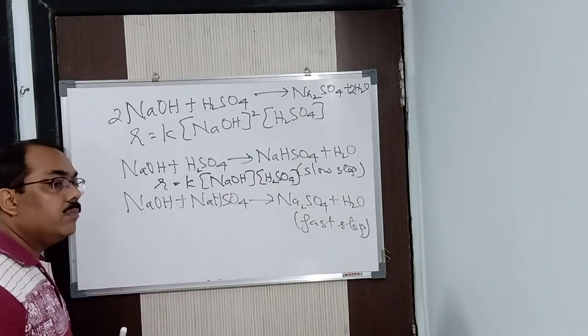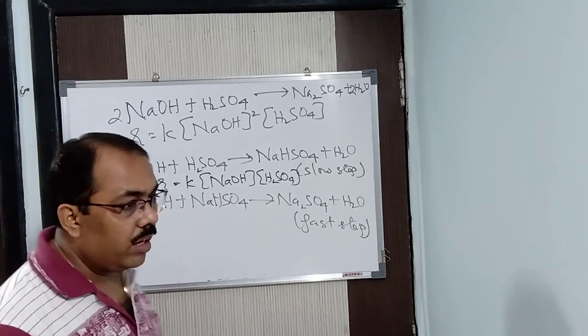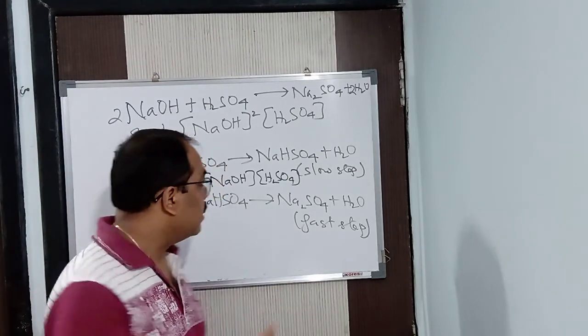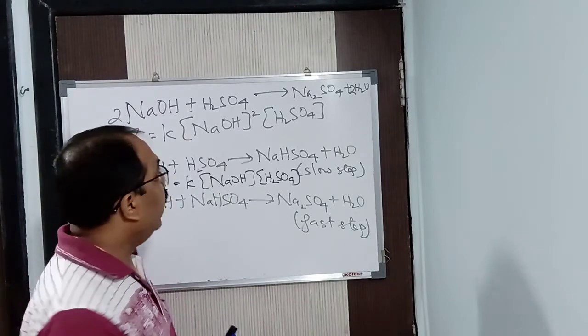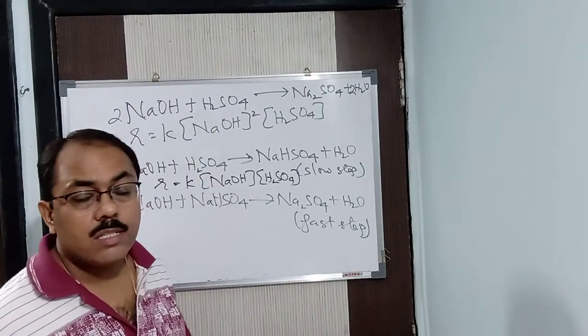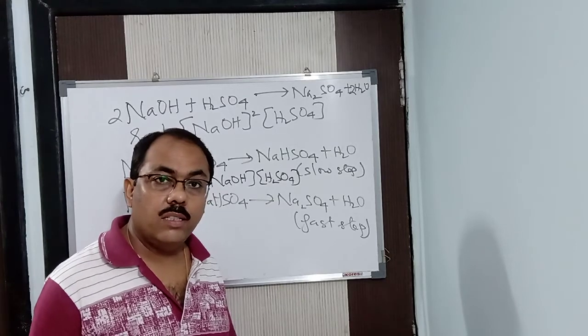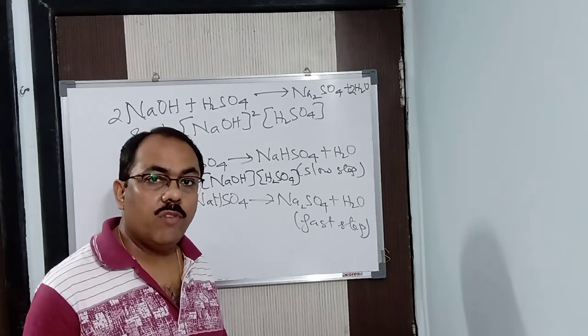So always remember that the rate we calculate experimentally is the actual rate. The rate which we calculate from the law of mass action is not the actual rate. Okay? Again I repeat, if it is completed in one step, then it is the actual rate.